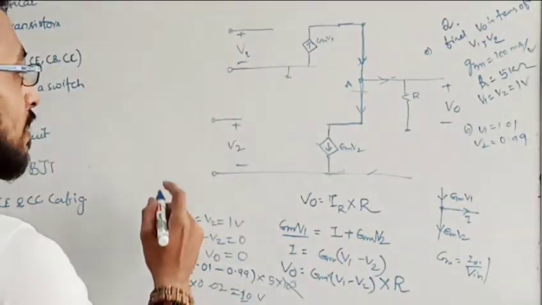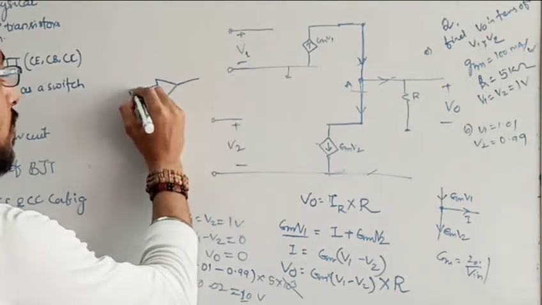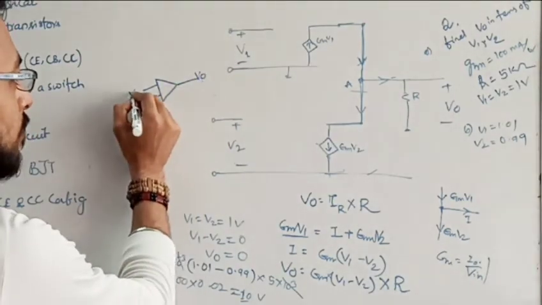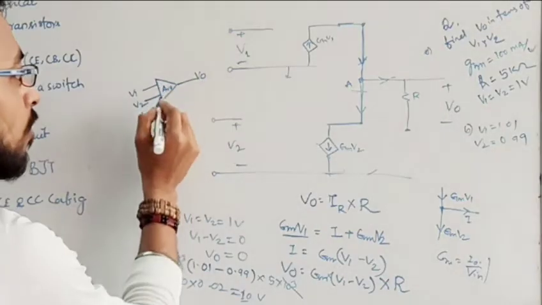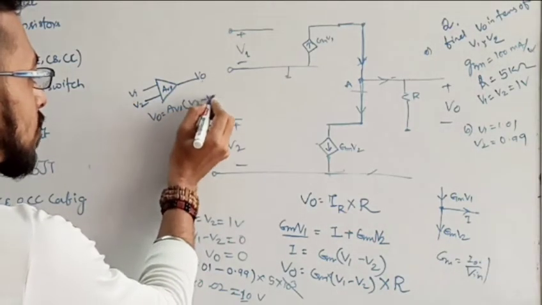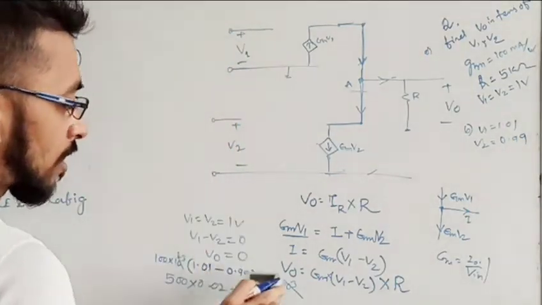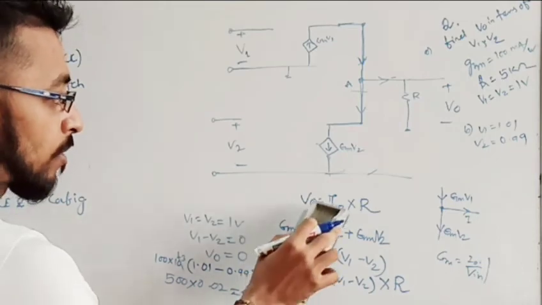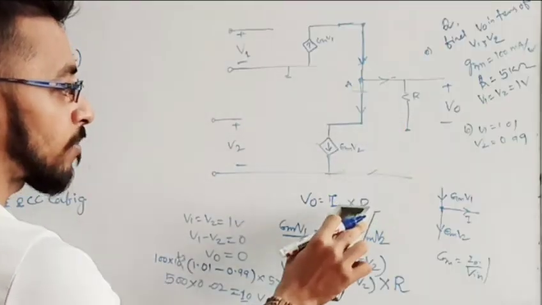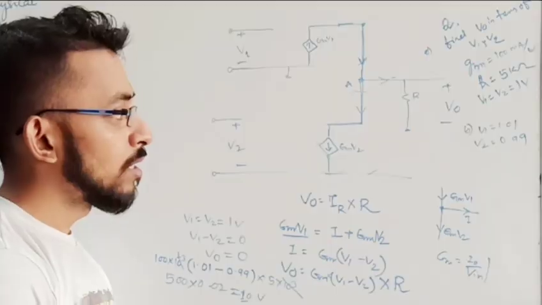In the next part it is asked, if it is applied to a differential amplifier, so this is V1, this is V2, this is the output. What is our output voltage? Output voltage is nothing but the difference between these two multiplied by the open loop gain of this amplifier. So my V output is nothing but A V0 into (V2 minus V1). Okay, this part is not that important. But for this chapter, you only take the value of GM, put it in the formula, find the current at the node for this load, and multiply current into resistance. So this is all about your 10 numericals.